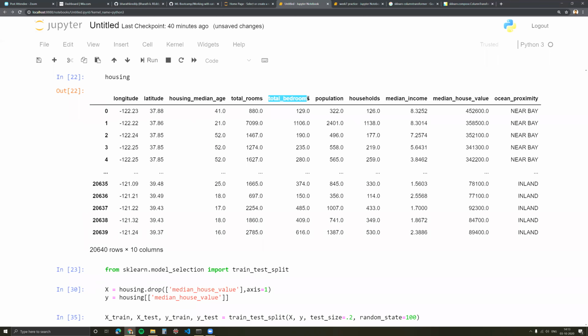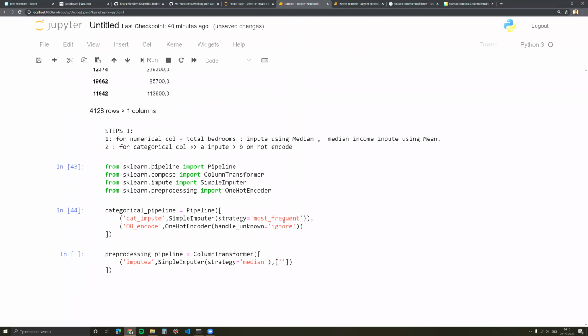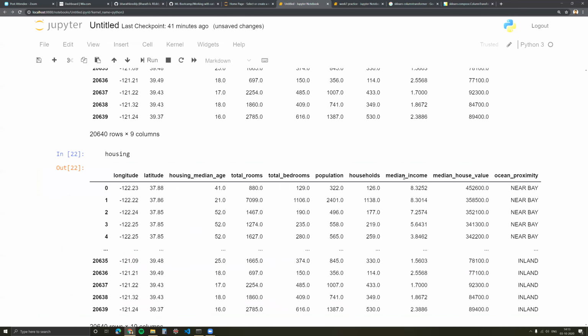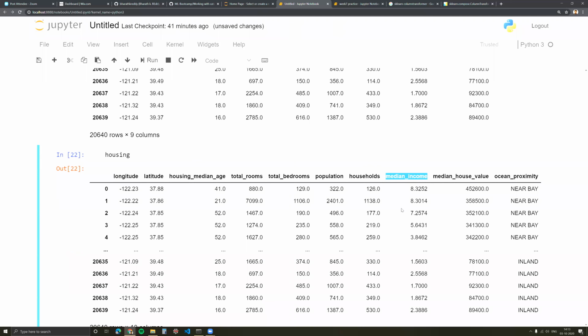So total bedrooms, I want median. Again, I want a simple imputer, but this time with a strategy of mean. And I want to run this on, which column was it? Median income. Median income.